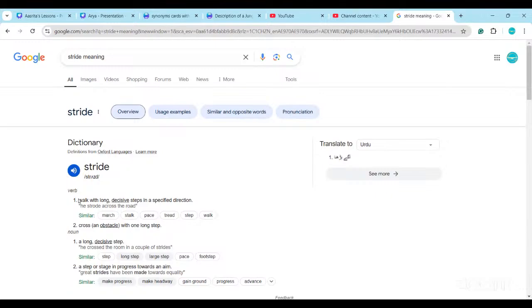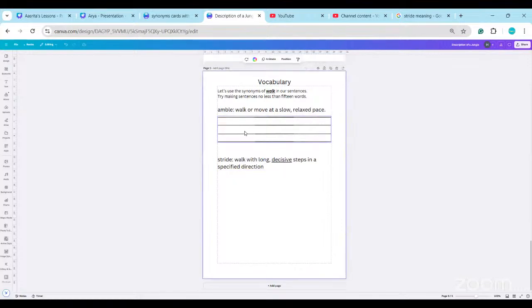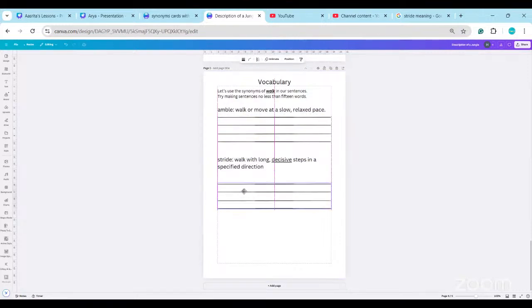So this is the meaning of stride. I'm selecting it, Control C, copy, get back to here, click here, Control V, paste. Okay, backspace. This is our meaning. Control C, Control V. Children have to use this word now. After stride and